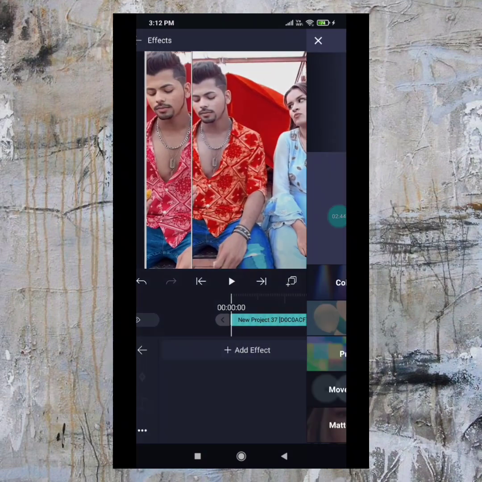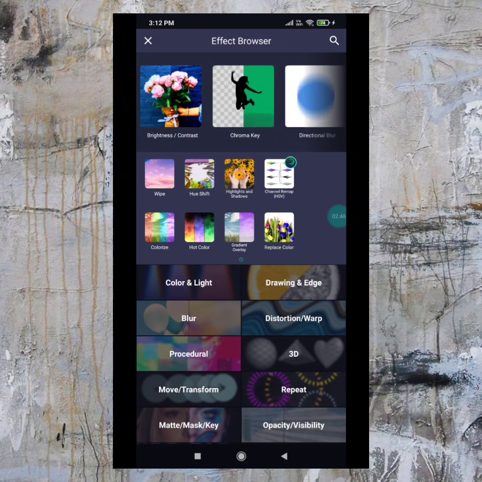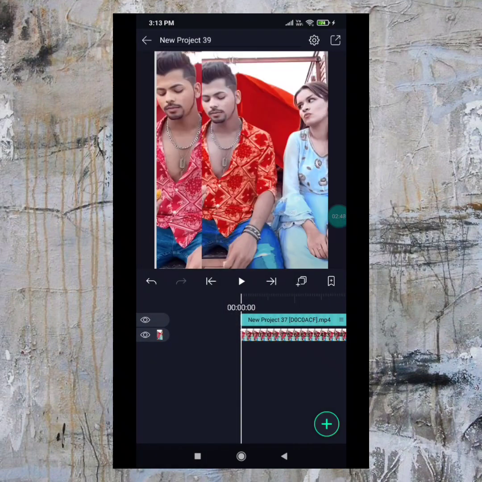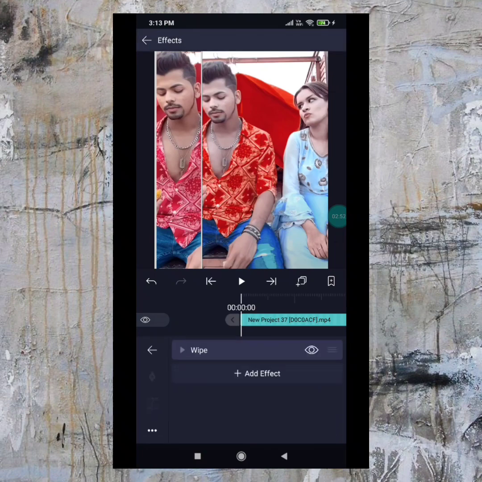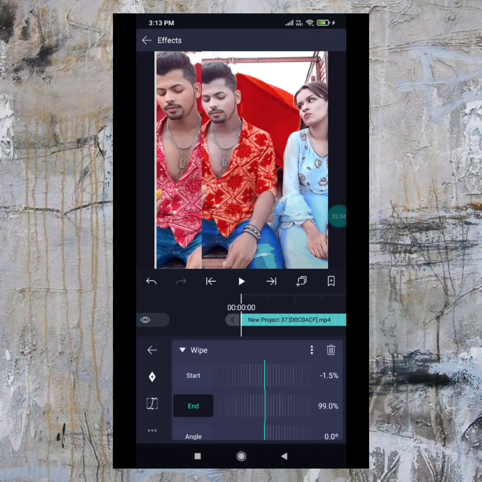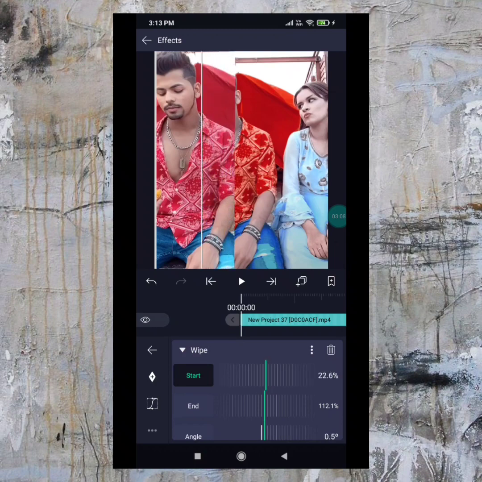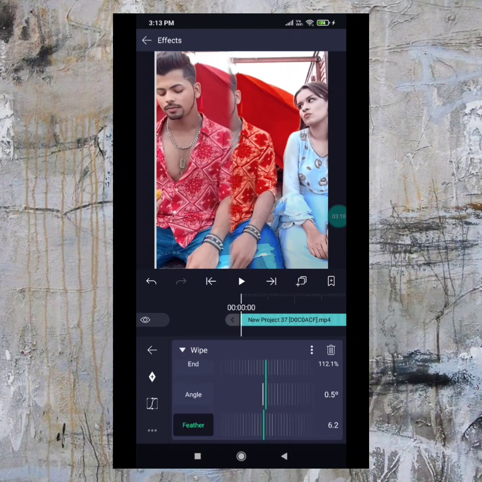effects, add effects, again wipe effect, and in wipe, feather.